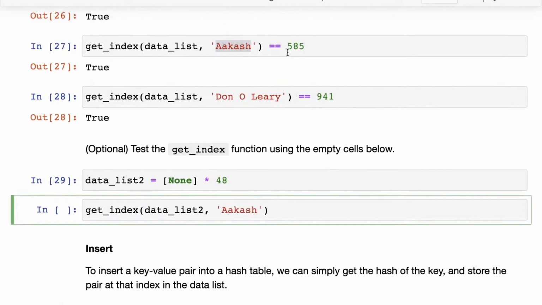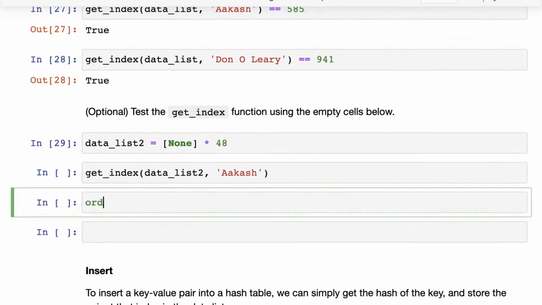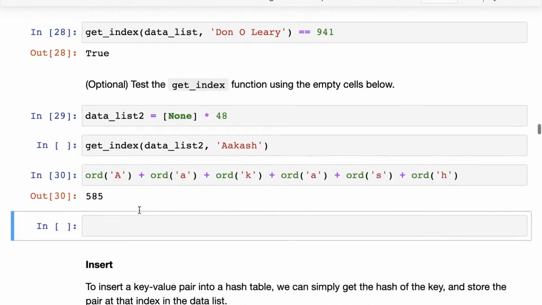Now we can actually test this out here. What happens if you add ord of A plus ord of k, a, s, and h? That number is 585.